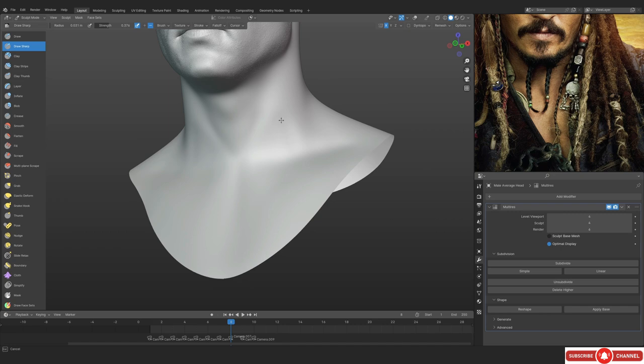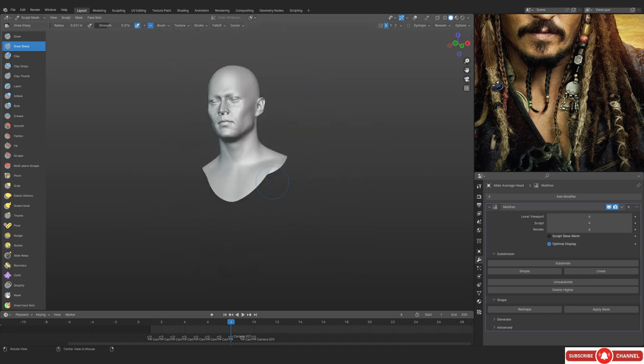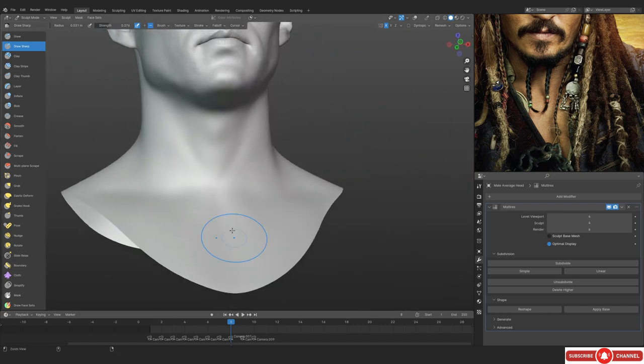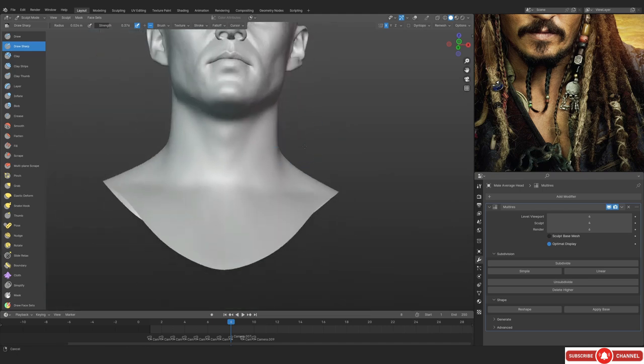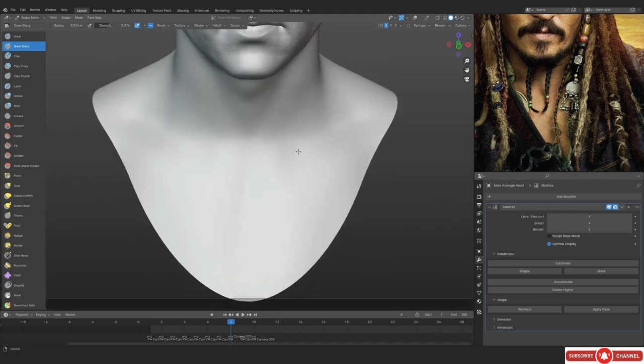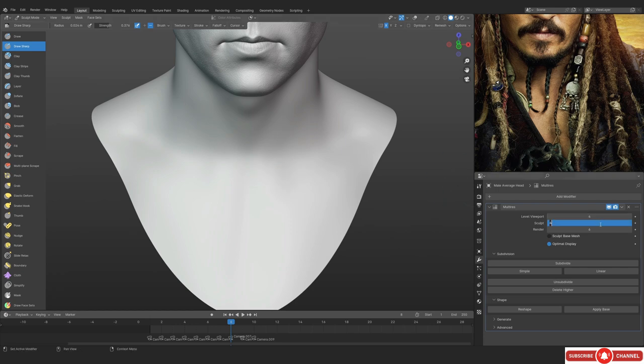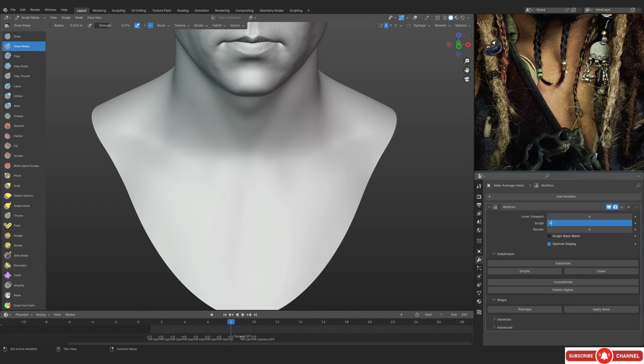And Johnny Depp, is he actually that muscular? I don't think he's like that muscular, right? I'm not saying that he's not muscular at all, but he's not super shredded, is basically what I'm saying. So you don't really need to emphasize the muscles too much. Make sure that your forms are a little bit smoother and blend out. So yeah.